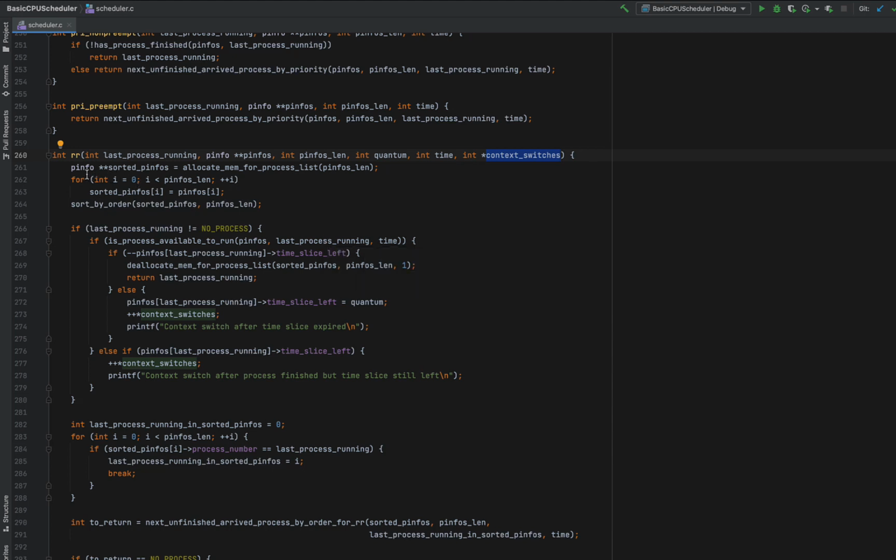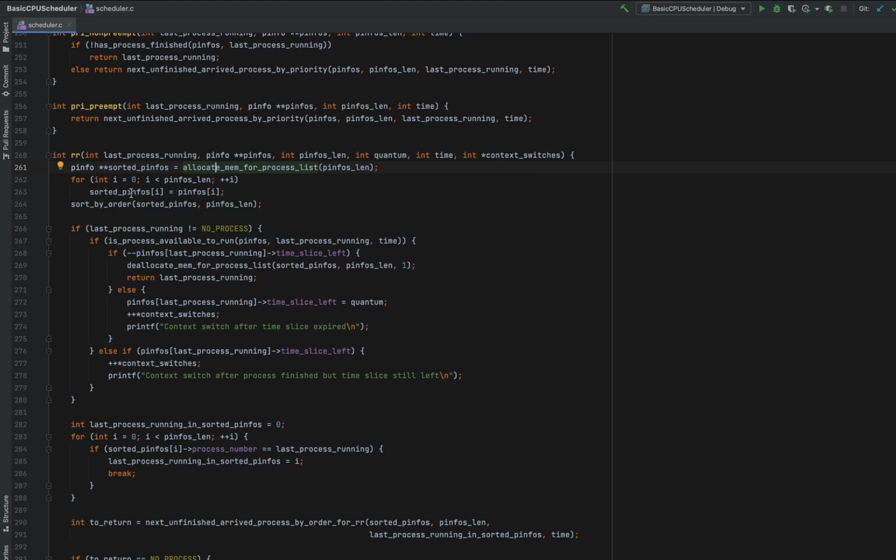First, we create a sorted p-infos array. It is a similar kind of array, like an array that has pointers to structures that store process information. We are going to create a similar kind of array using the same allocate memory for process list function and give it the same length.